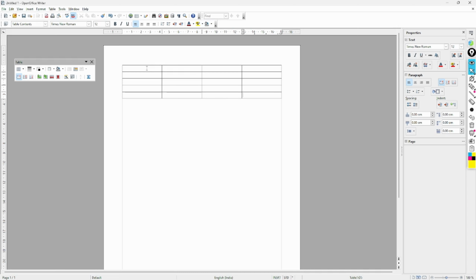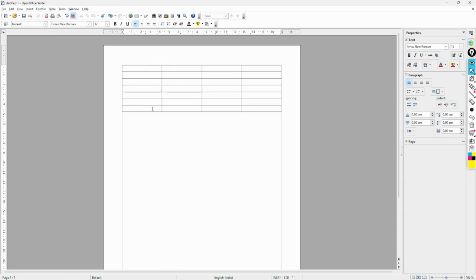Now if I press the tab key, what will it do? It will generate another row, correct? Now see, tab key, done. But if I am now here and I press the tab key, what will it do? It will just teleport me from the fourth column to the first column, correct? See, tab key. But when I am in the last cell, then and only then it will create a new row. Understood? And now we will see how we can merge and split cells.